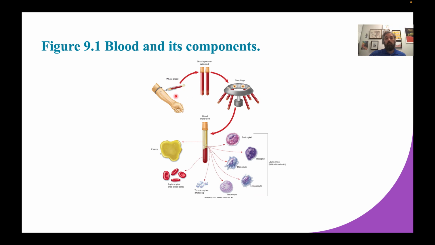When you take some blood from somebody and spin it down in a centrifuge, you end up getting a variety of different types of things. You have the plasma at the top, the red blood cells at the bottom, and then this middle part, which is all the leukocytes. It's called the buffy coat because it's buff colored, so tan. Inside the buffy coat you have things like eosinophils, basophils, and